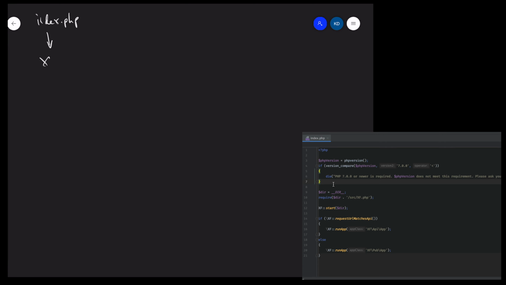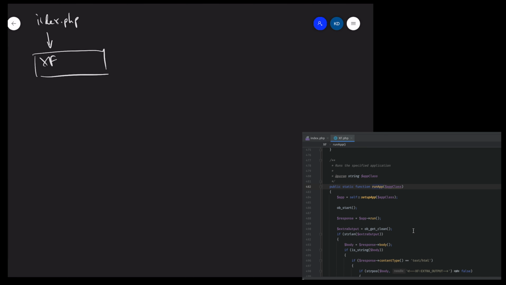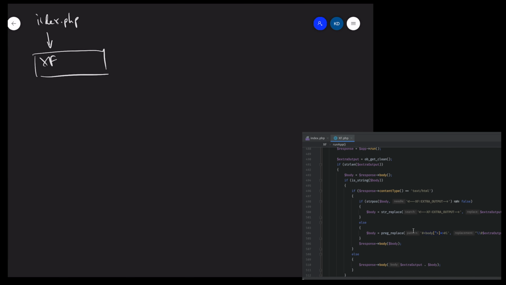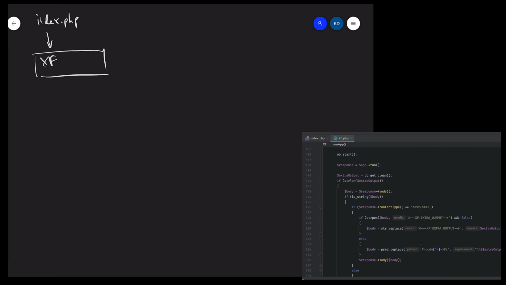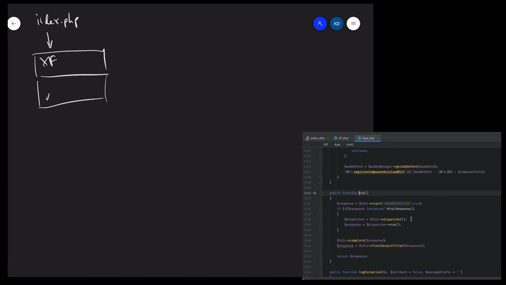Index.php will then fire up the master XF class, which contains things like the data registry, so that it can work out which add-ons are loaded and pull up the various caches from the database in a single query, or bring them out from Memcache or Redis or whatever else we've got the cache stored in, to allow the execution to continue. After that, we'll bring up the app class, and the app is different depending on where you've come from. So as we've come from index.php, we're going to be using the public app.